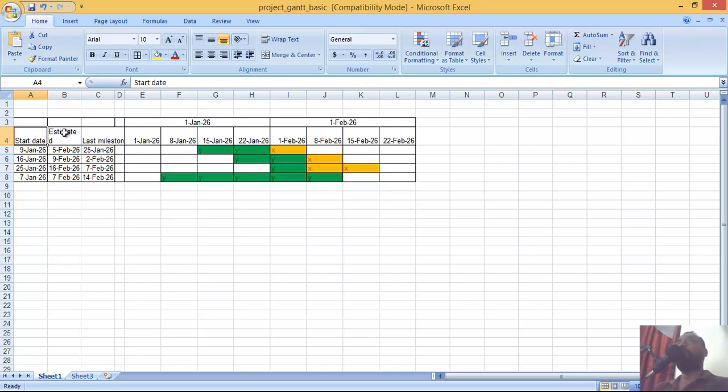Today we are going to see the basics of Gantt chart in Excel. This is going to be my first video on Gantt chart. In this you will learn how to track projects, multiple projects, in Excel by simply making a Gantt chart, and this will also help you to trace, monitor,